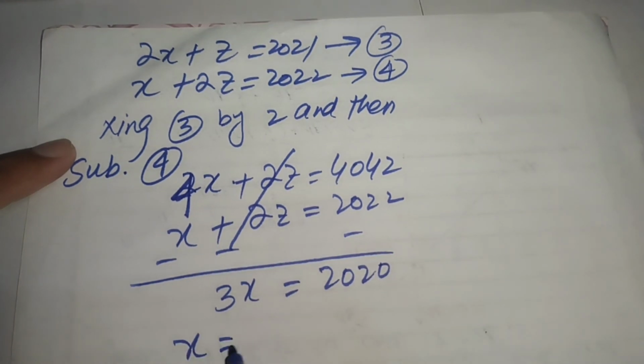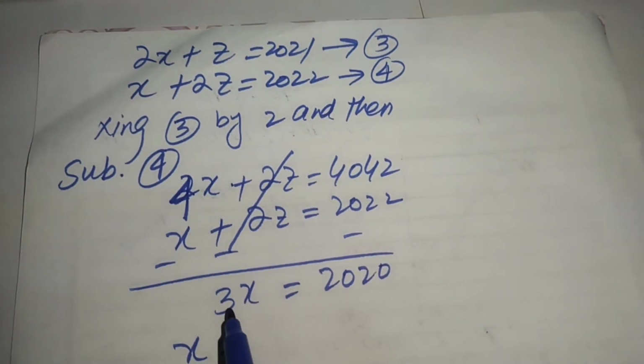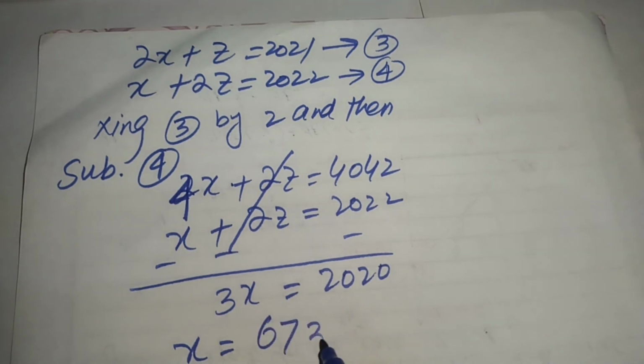After that we find x, when we divide 2022 by 3, then we will get the answer of x is